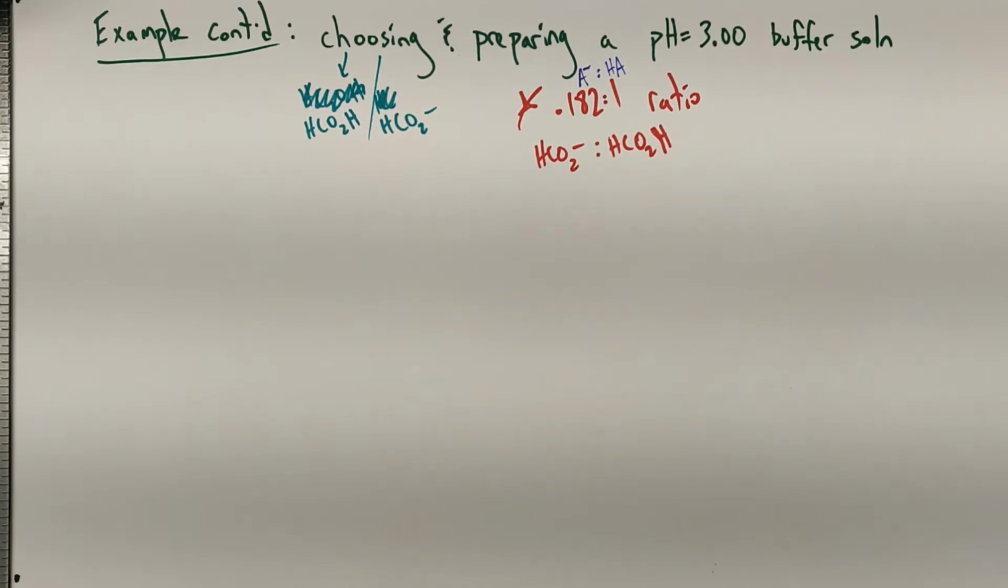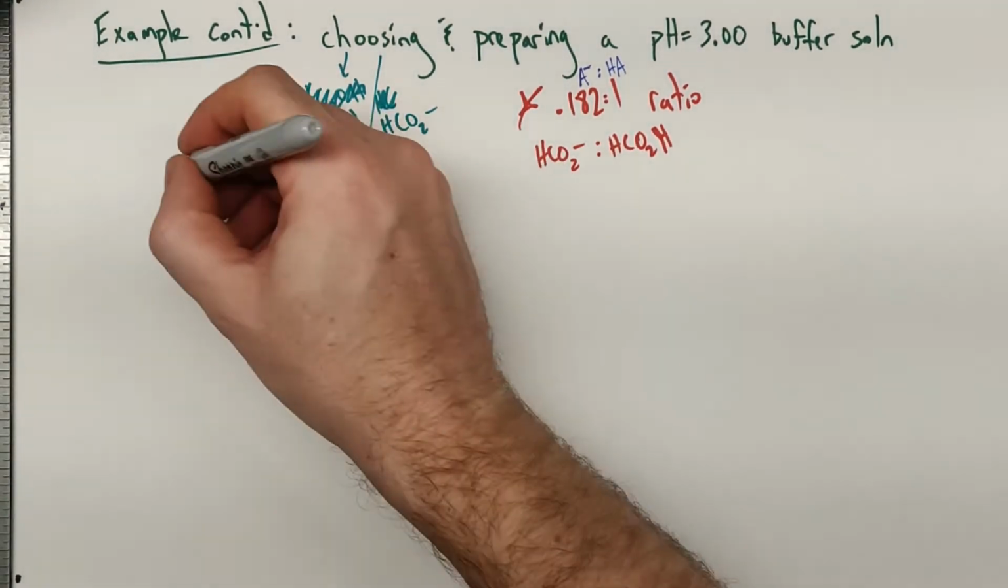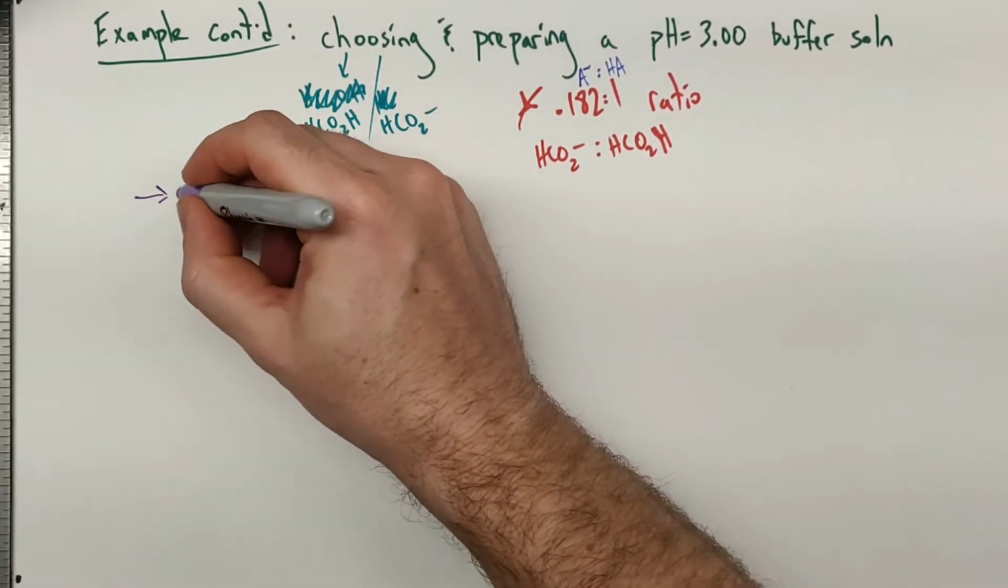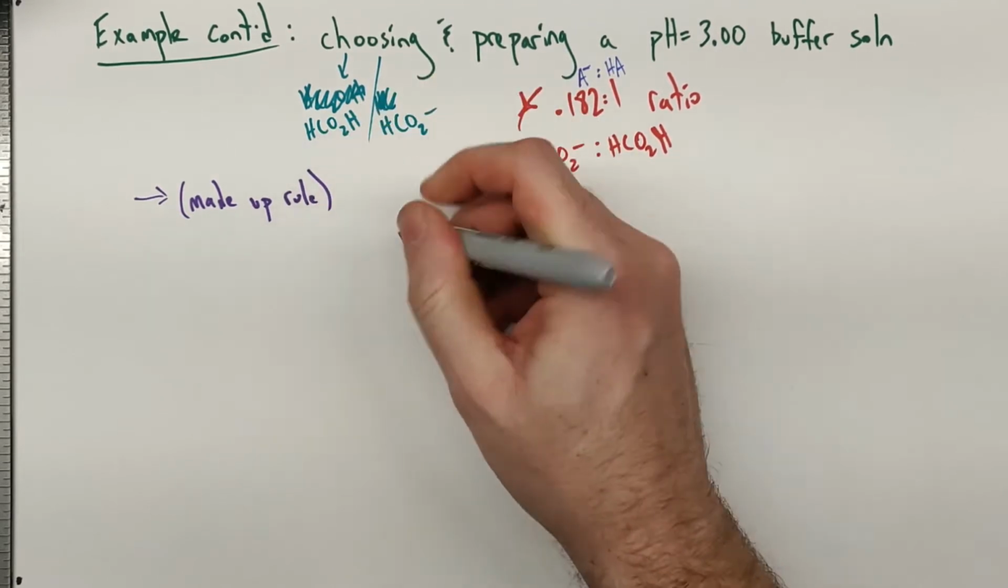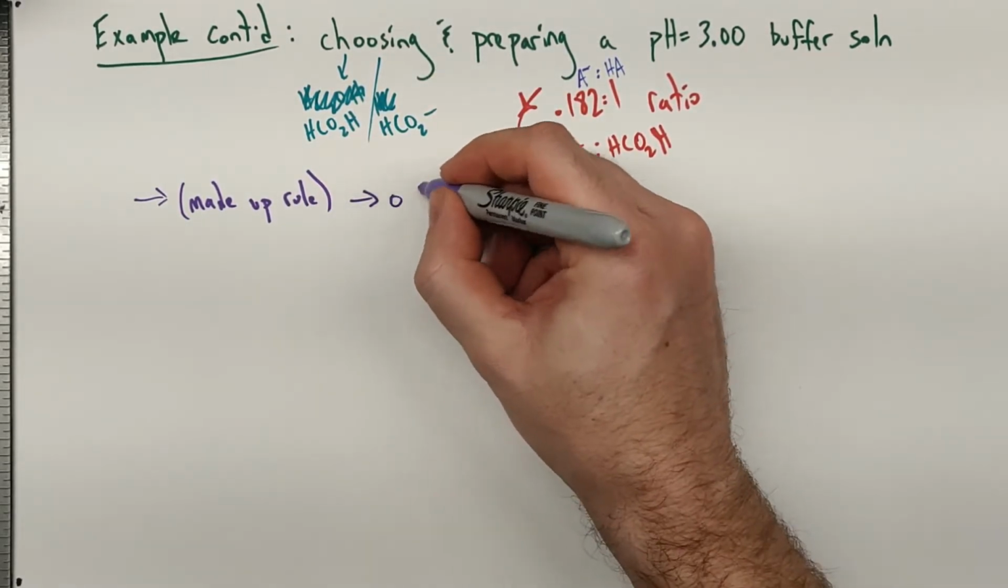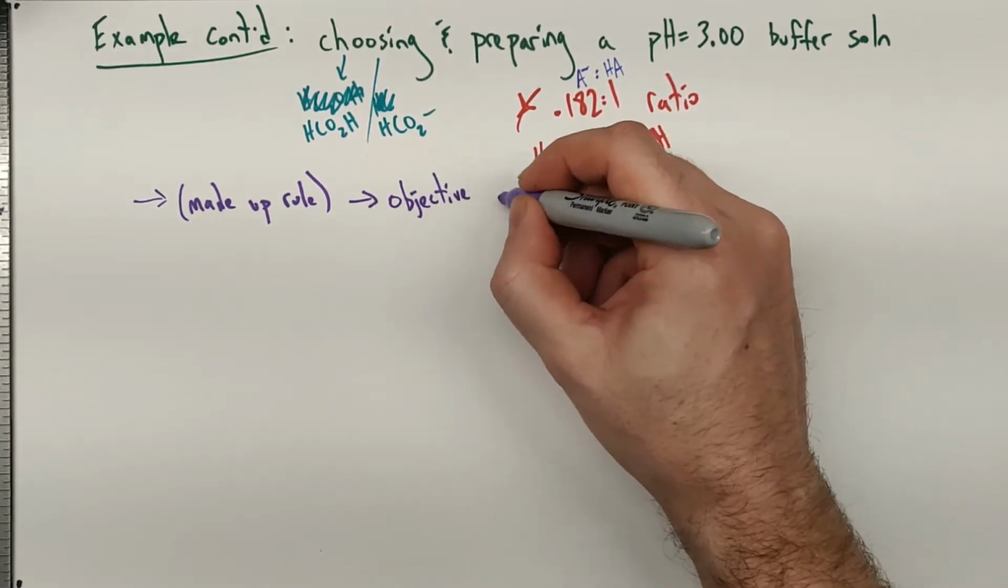Alright, so we mentioned that there's all kinds of ratios that could get us what we need. Now we need to narrow things down. We need some constraint. And so to invent a constraint, which is what I did, I'm just going to declare, and this is totally made up, that we're going to have some objective, which is a capacity,